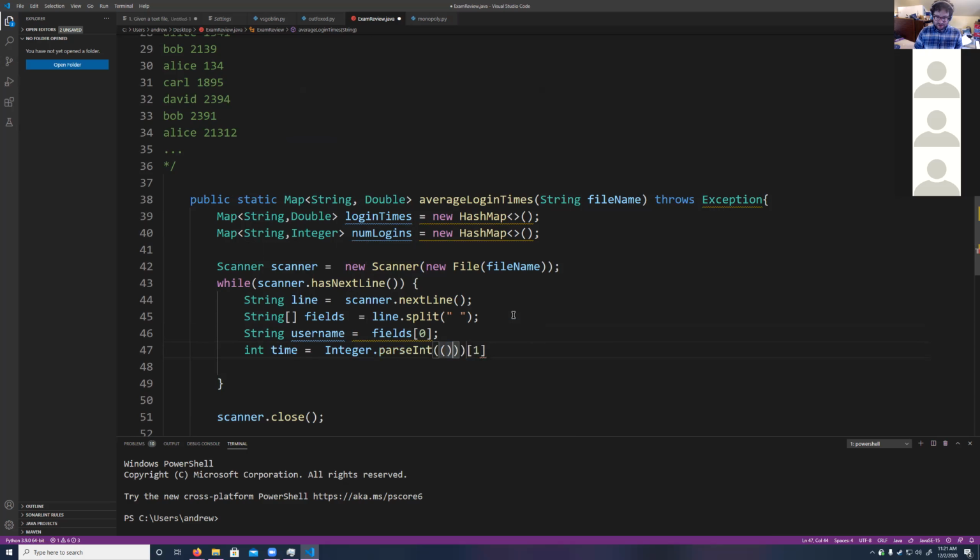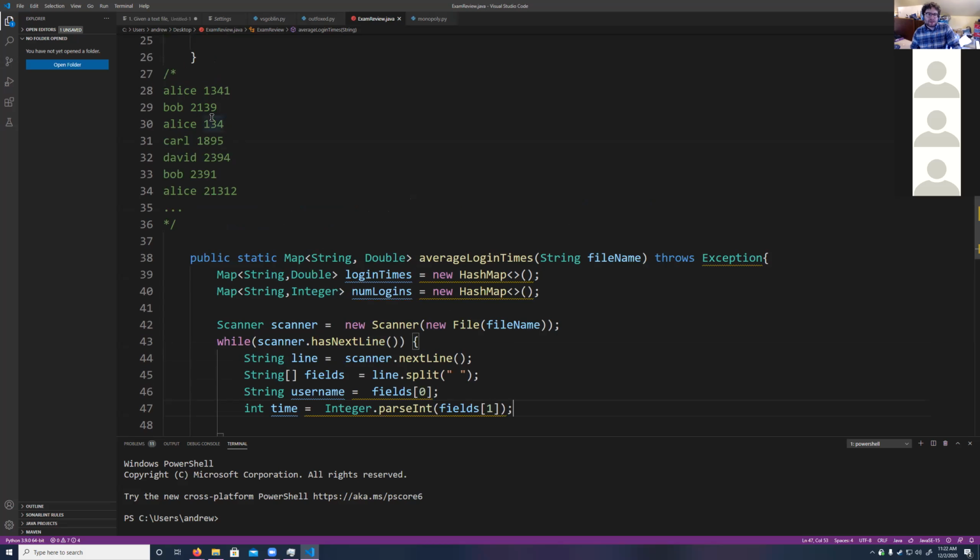Integer.parseInt. So now we've looked at a line and we see, hey, here's the username and here is the